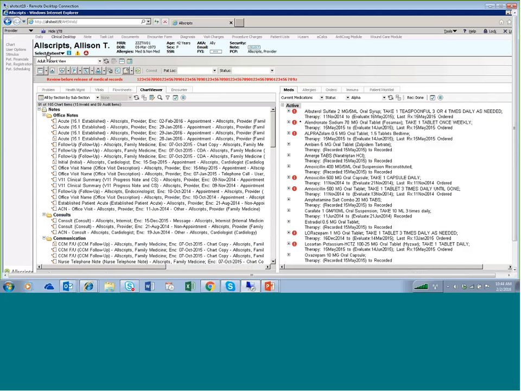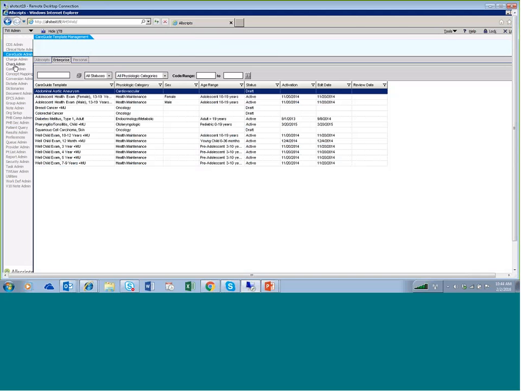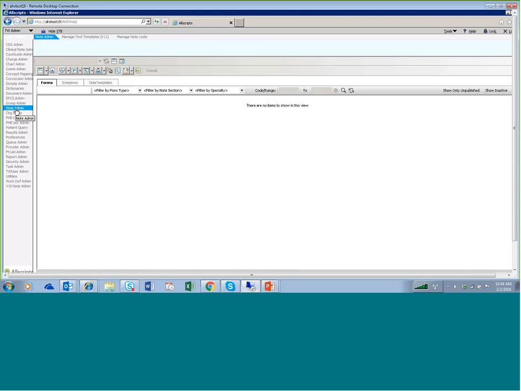So I'm going to change over here. Now this is all assuming that you have admin rights and you have the ability to make changes to the note. They have gone ahead and made some updates to this note admin section within the forms. If we do a sort here by HPI and take a look at this section